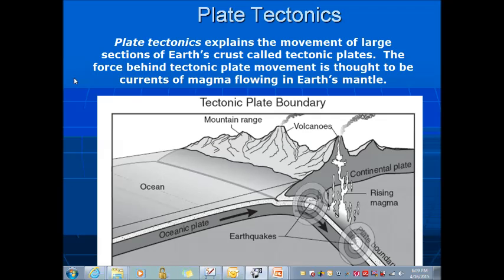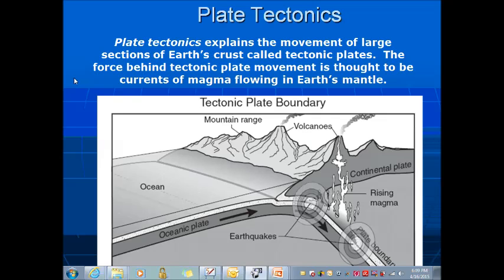Our next topic is going to be plate tectonics. Now, I want to make sure that you understand the difference between plate tectonics and continental drift. So on your paper, write continental drift and then write plate tectonics below it. So let's first talk about what continental drift is, and I would like for you to write down a brief